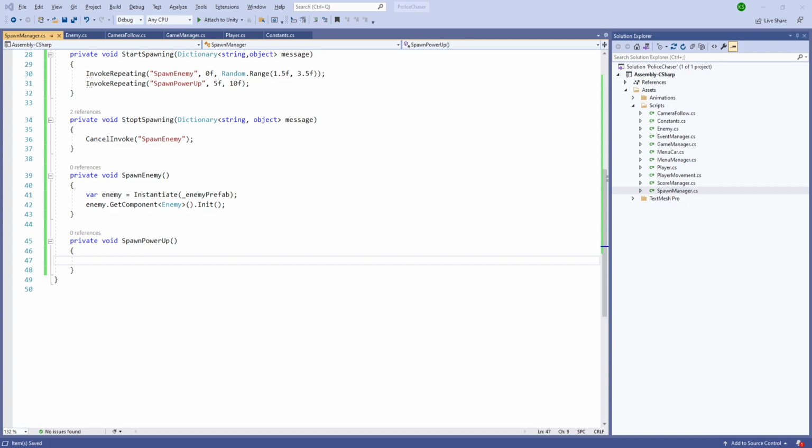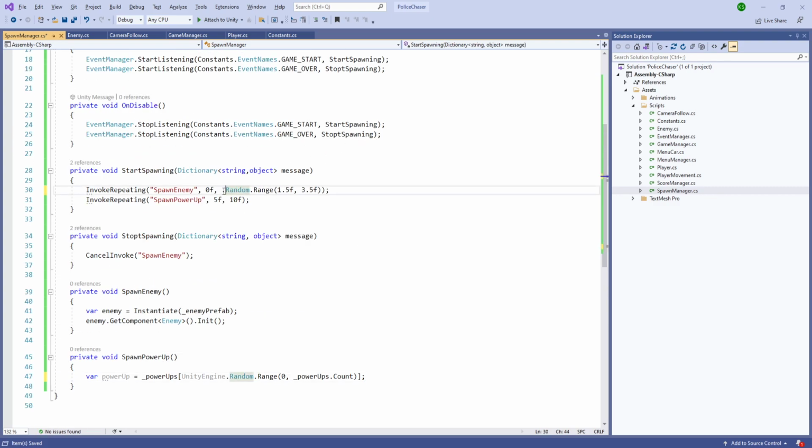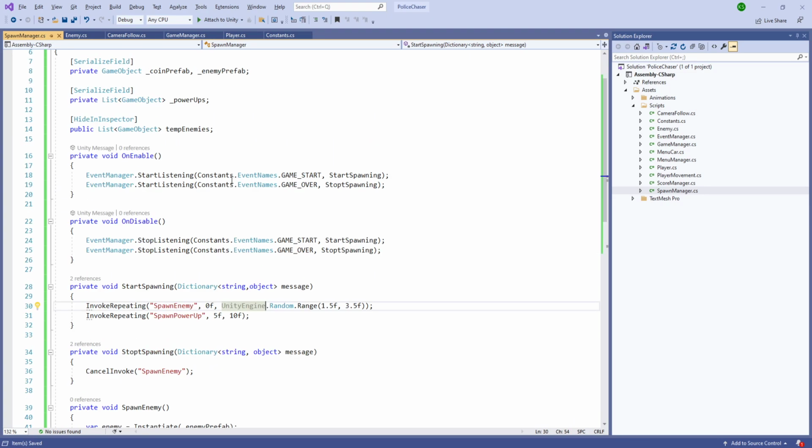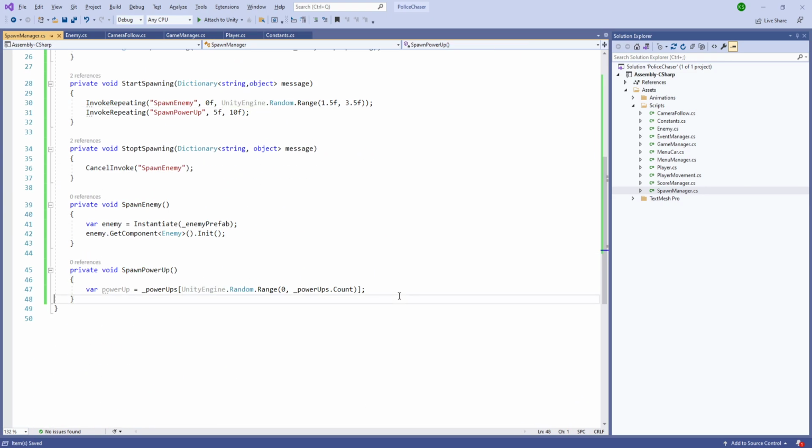And let's set it up. So first we'll get the power up, and it's going to be power ups, random dot random, UnityEngine dot Random dot Range, and we'll go from 0 to power ups dot count, and this should give us a temporary power up. And here, instead of using random, we'll use UnityEngine dot Random. And after we have our temporary power up setup, let's create, and